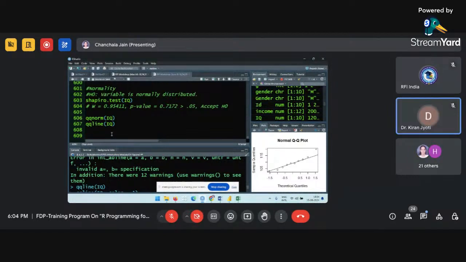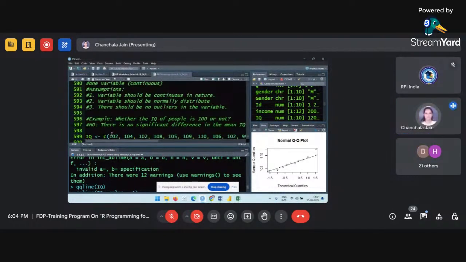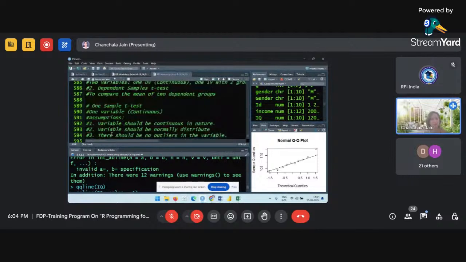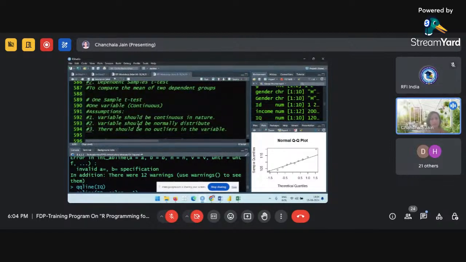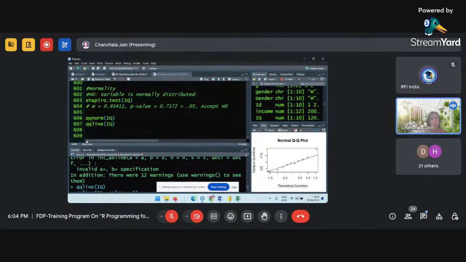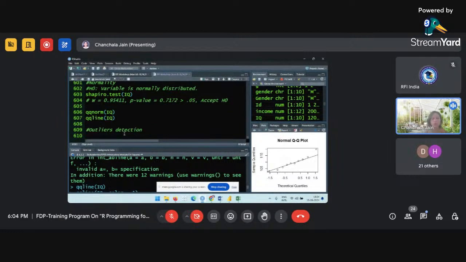Yes. So I think two things we have checked. We have checked the continuous variable nature and normality. Now we will talk about the outliers, right? So I'm writing here outliers detection. So I hope you have heard the concept of box plot. Generally, box plot is having certain elements, right? These elements are